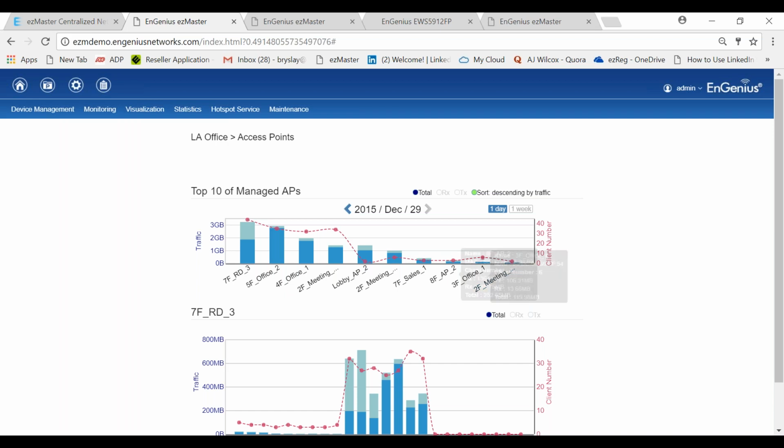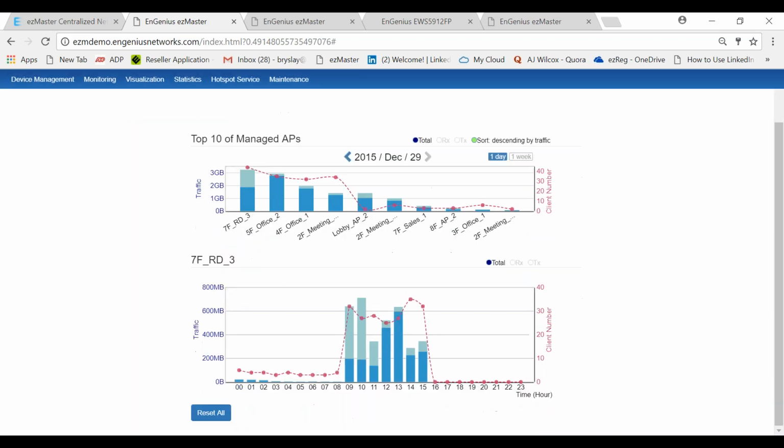Maybe I need to move this access point near the R&D and offload all this traffic onto a second access point. You can also look at the time. When is the bandwidth being used the most, or when are the busiest times? And this is in military time. So I can look at the busiest times. Maybe on the slower times, I can do an access point reboot, or I can do a firmware update.